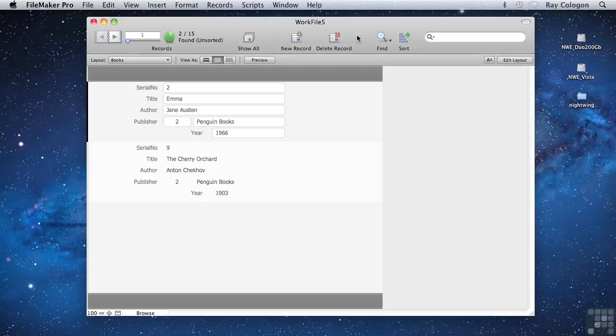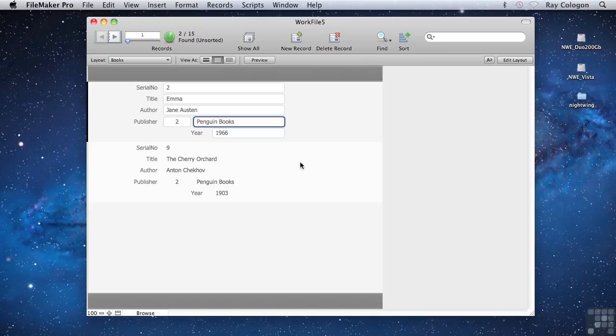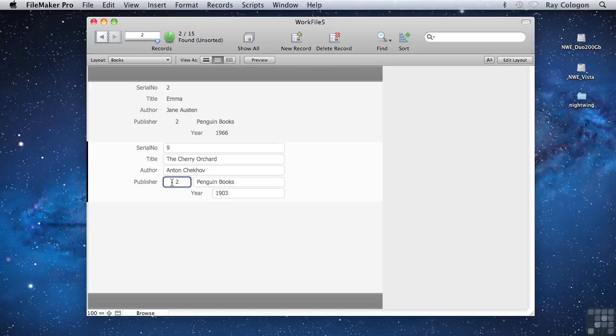you can see that the name of the publisher is displayed on both book records. That's because the 2 in the Publisher ID field in the Books table links both these book records to the same publisher record. If I were to change the Publisher ID value on one of these book records, say for example to a 3, I'll be linking that book to a different publisher record. As soon as I do, as you saw, the name of the new publisher appears in the adjacent publisher name